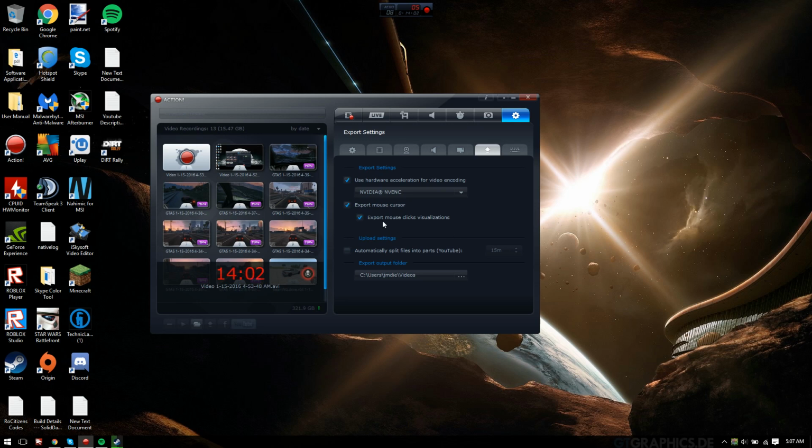So, export mouse click visualization. If you're clicking around your screen, it'll visualize the mouse. I don't see it working for me because I don't think I have it enabled somewhere, but I don't know. Export mouse cursor. That's up to you if you want to show your mouse. I do recommend it though. So if you're playing games or doing what I'm doing, then you probably want them to see